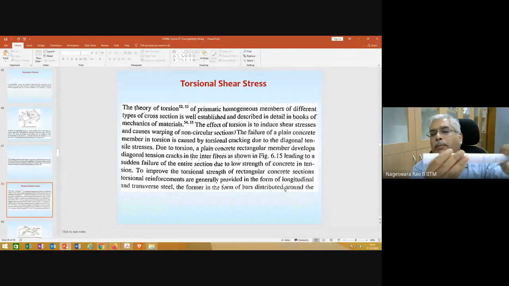I just rolled the sheet of paper and made it into this one, and this is an open section. So now I apply a torque, and you can see here this cross section is coming out of the plane. Okay, so this is out of plane deformation, and this happens if this section is an open section.